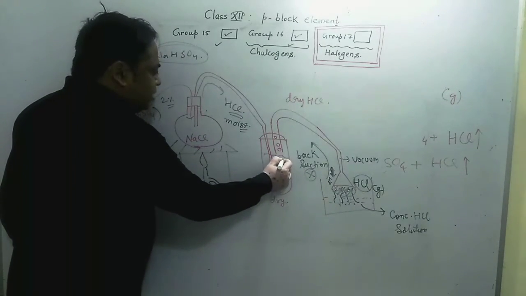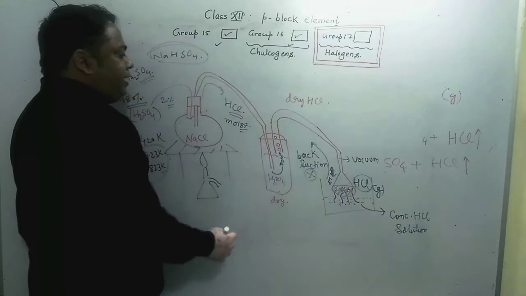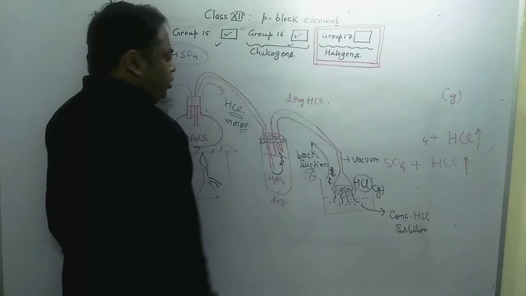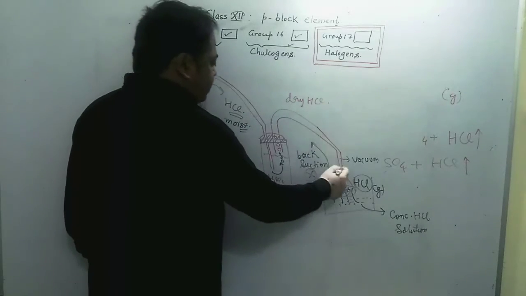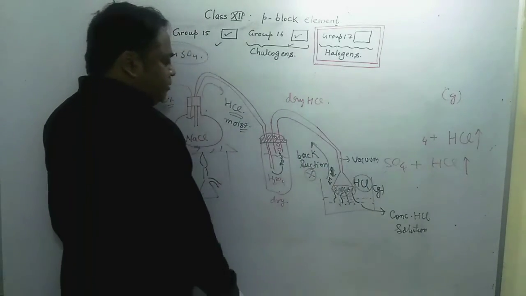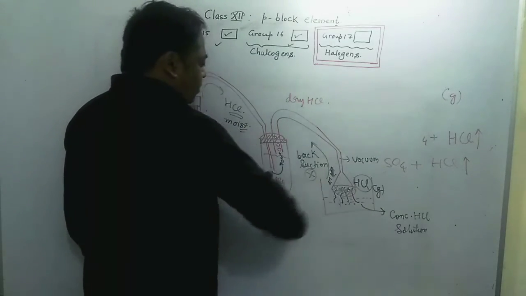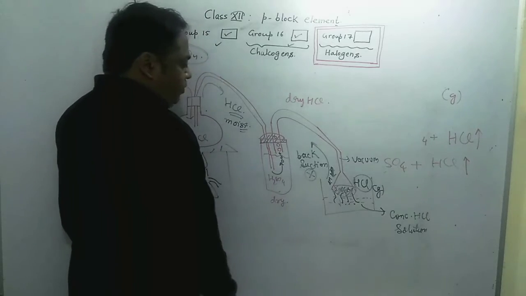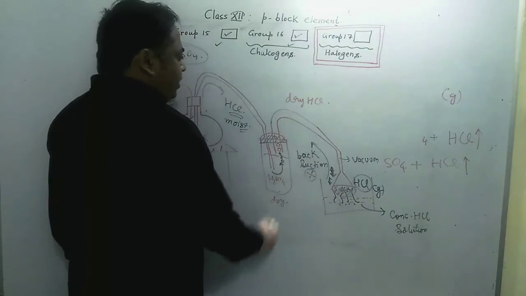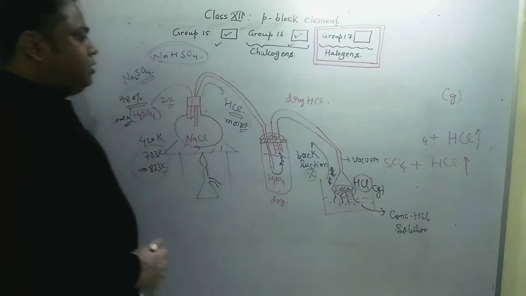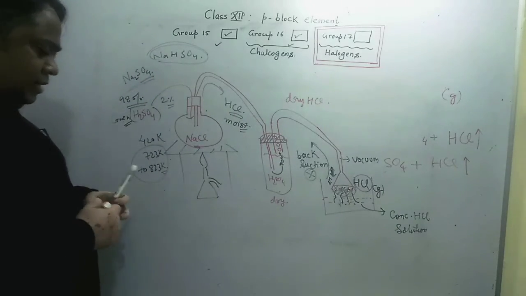And again, when the gas bubbles out, it can be collected using a cork and delivery tube system, and then it can be passed through an inverted funnel, and the funnel will allow the HCl molecules to get dissolved on a wider surface of water without contact with the tube. As a result, the back suction will not be there due to the vacuum created by the quick dissolution. Alright, this is the setup of preparation of HCl.